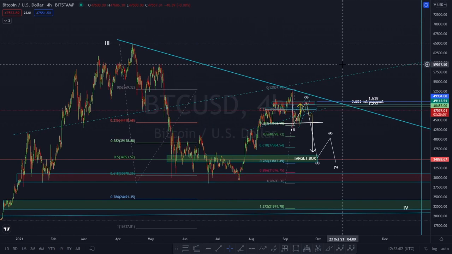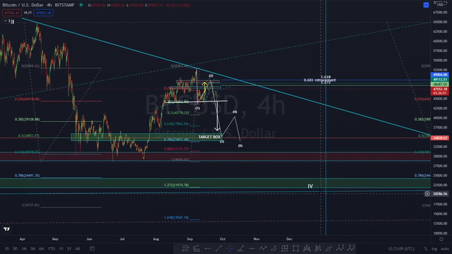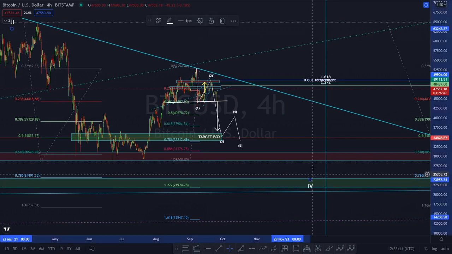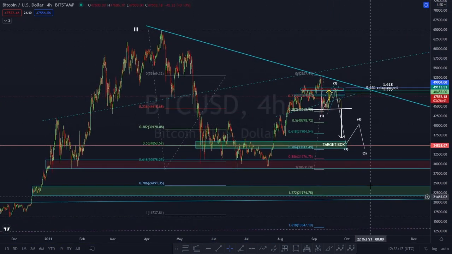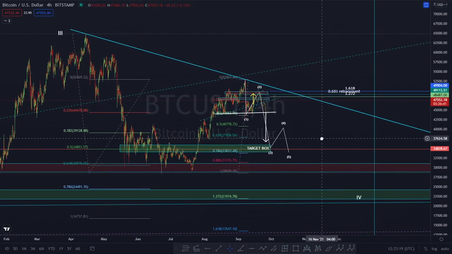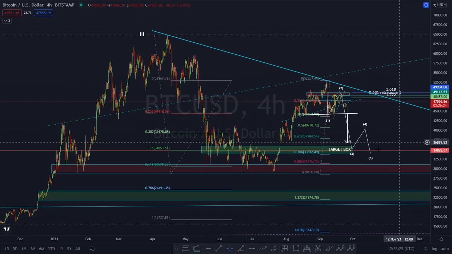I don't think we're going into a very deep bear market. I think all this right here is just a correction that will lead us into our wave four. All right, our primary wave four. So that's just what all this is all about. This is just a bigger retracement, a bigger time frame retracement, not like we're in a bear market or anything. So that being said, now let's look at this head and shoulder right here to see my logic